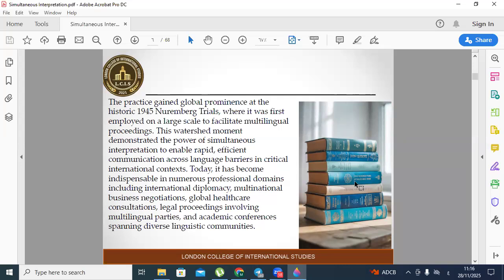This watershed moment demonstrated the power of simultaneous interpretation to enable rapid, efficient communication across language barriers in critical international contexts. Today, it has become